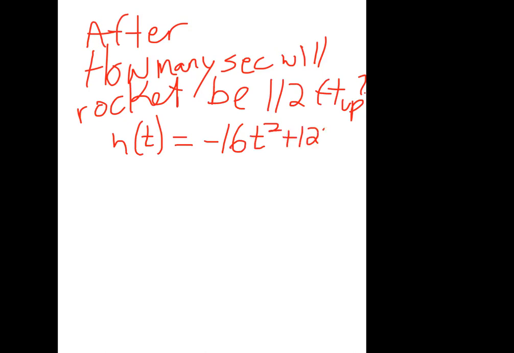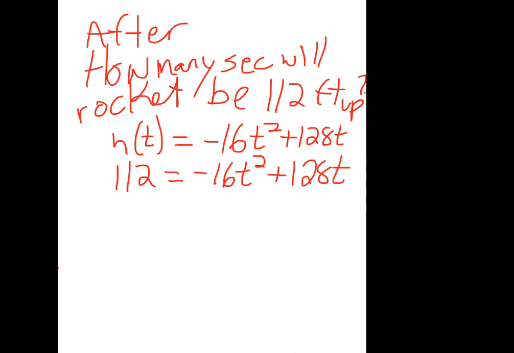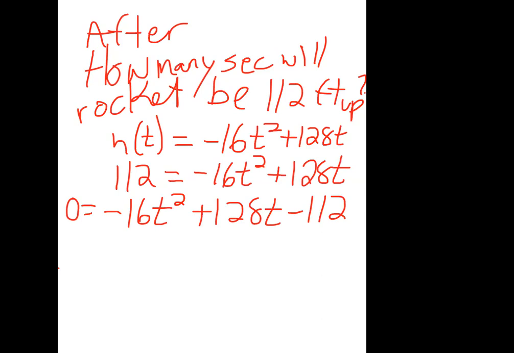So check this out. All right, there's our original function. Let's replace h of t with 112. I want to know, what is the value of t or x when y is 112? So guys, you have a quadratic. You're just going to solve this quadratic, right? So let's subtract the 112 on the other side. So now the whole thing equals 0. I'm pretty sure I can divide everything by negative 16 here. Let's just check real quick. I sure can. So divide everybody by negative 16.